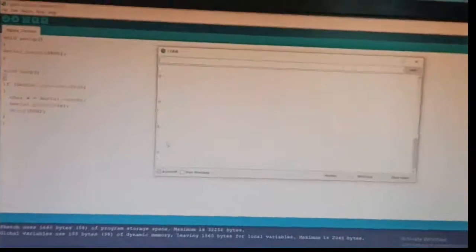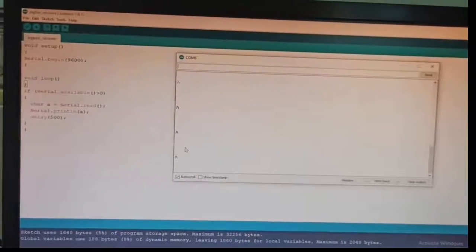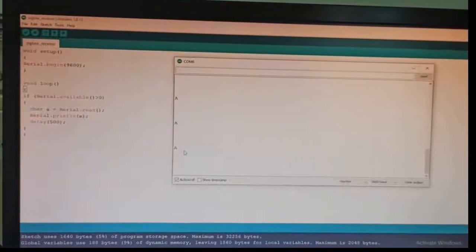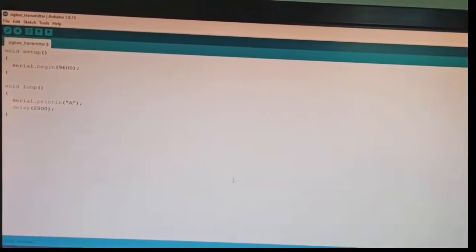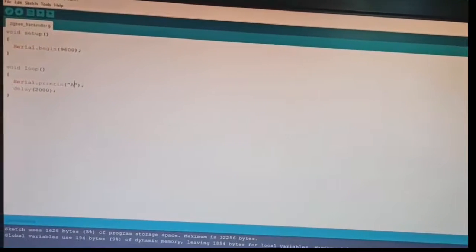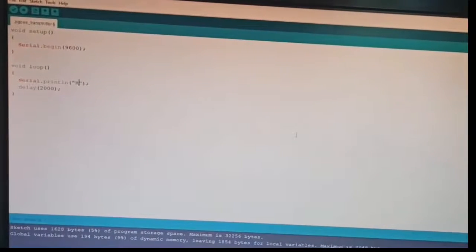Now let's see how to send a string and receive a string. Now I am going to show you how to send and receive a string. It is nothing but in the transmitter program you need to change the printing data only.